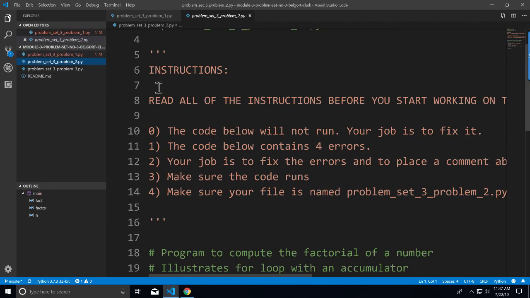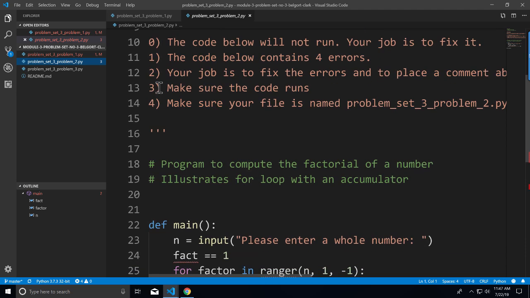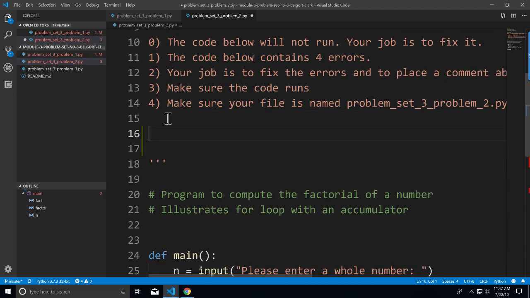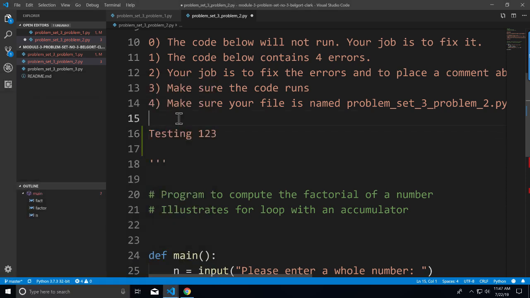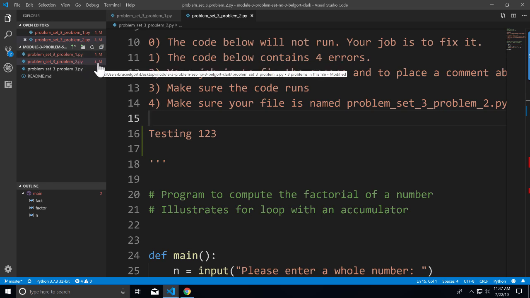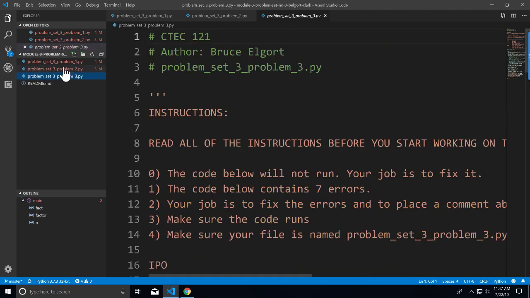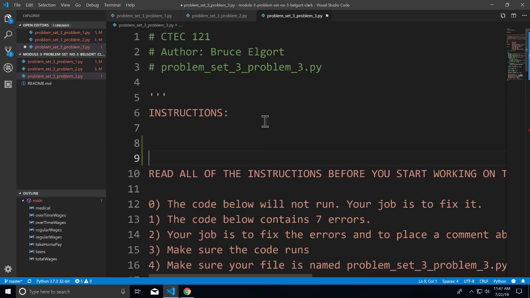So for grins, for kicks, I'm just going to go in here and add some stuff. Testing 1, 2, 3. I'm going to hit Control S or Command S on a Mac to save. And notice now it says what? Two changes, and we have this modified. Actually, 3 changes here because I entered 3. I entered a couple carriage returns, and I'll do the same for this file. I'll just do that, and I'll hit Control S,